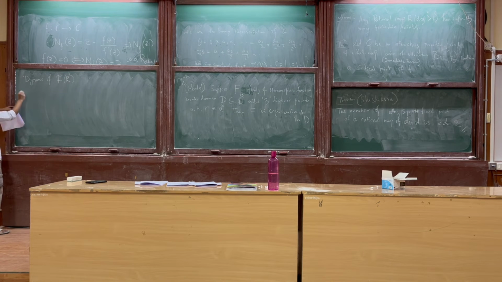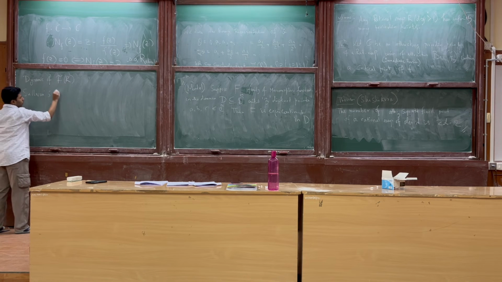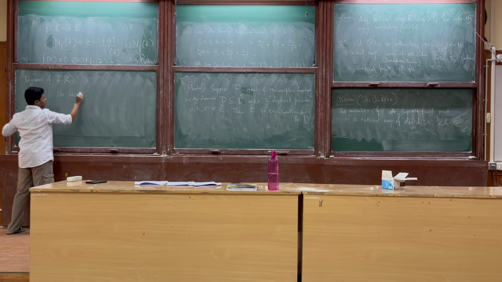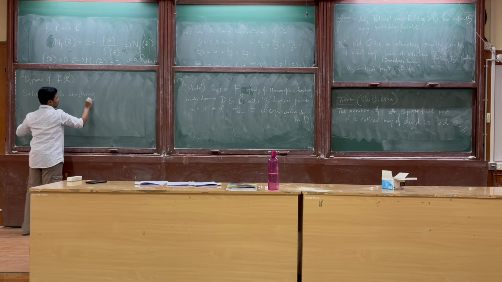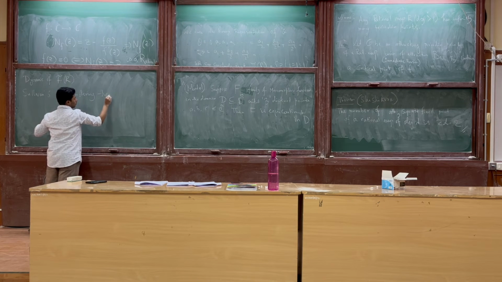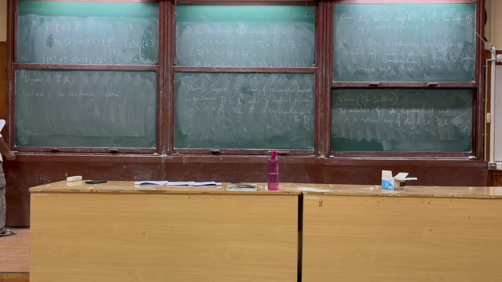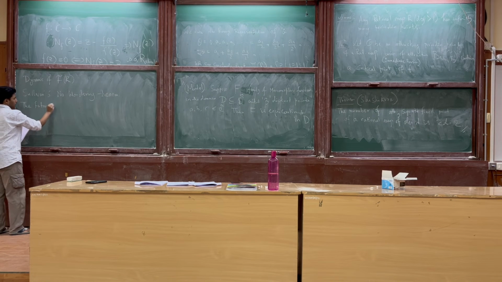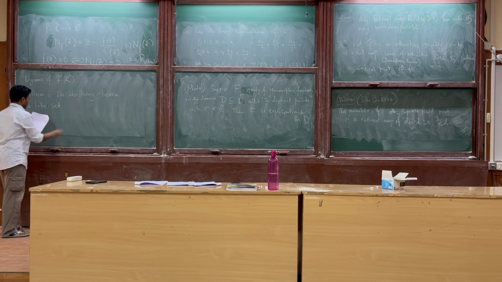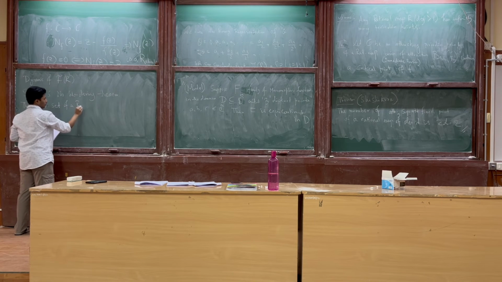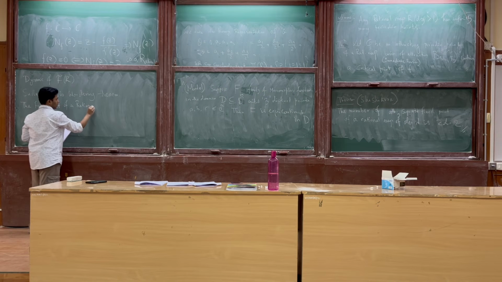So here we have our first theorem, which is Sullivan's no-boundary. So it says that the Fatou set of a map